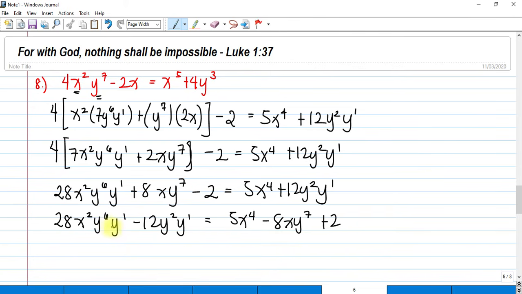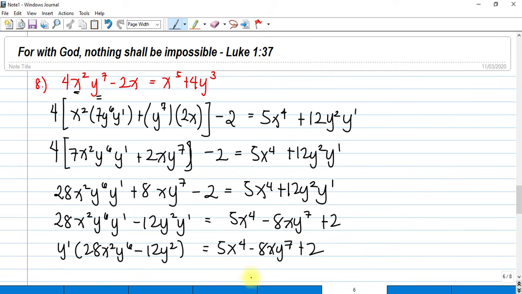Factoring out y prime from both of these terms, this one and this one. So we have y prime times 28x squared y raised to 6 minus 12y squared is equal to 5x raised to 4 minus 8xy raised to 7 plus 2. Okay, and dividing both sides by 28x squared y raised to 6 minus 12y squared. So we have y prime equals 5x raised to 4 minus 8xy raised to 7 plus 2,